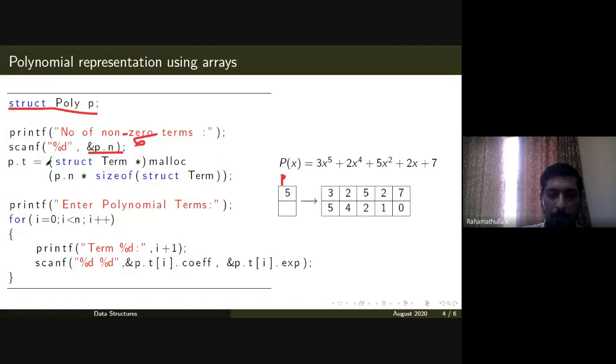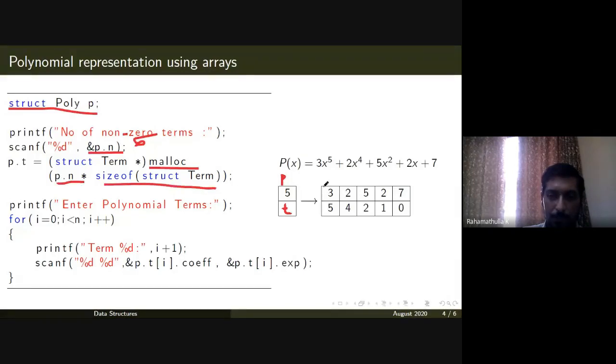Now p dot t, t is a pointer. Into t you allocate memory. This is dynamic memory allocation, which we have seen in the previous video. So struct term star, this is typecasting. And how much memory should be allocated? Number of elements into size of struct term.